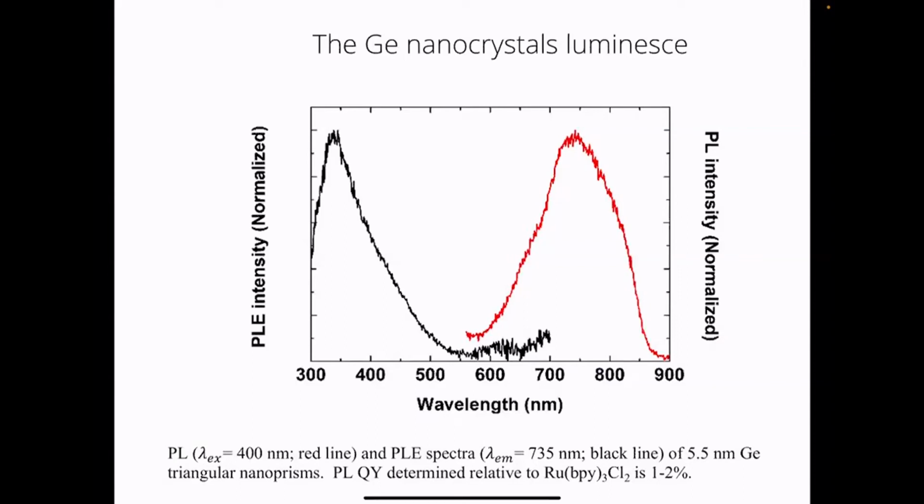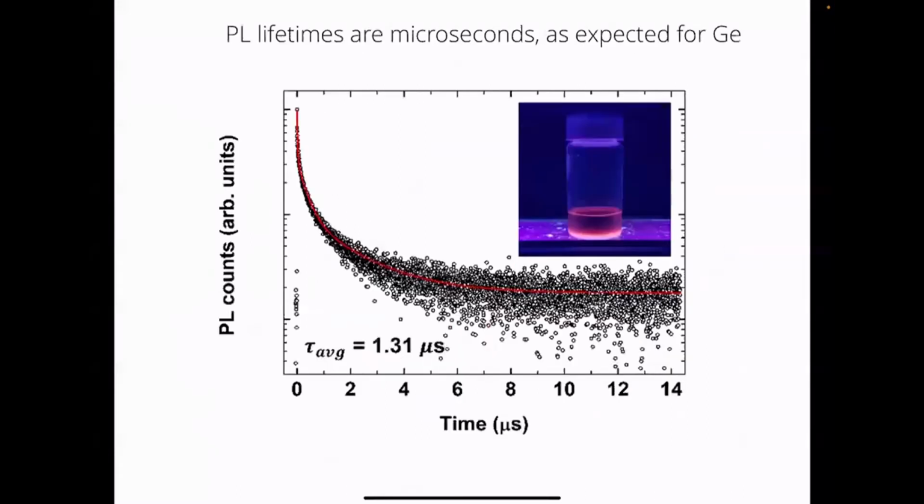The emission is out in the red. You still have what looks like a large Stokes shift with the photo excitation. So in that way, it's similar to silicon. And the photoluminescence lifetime of these quantum dots is long. So it's microsecond. Germanium, as I mentioned, has an indirect band gap. So you see that